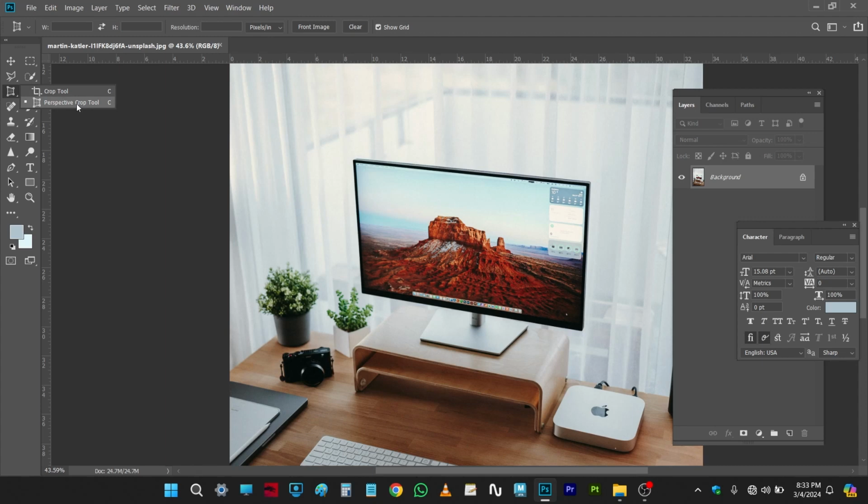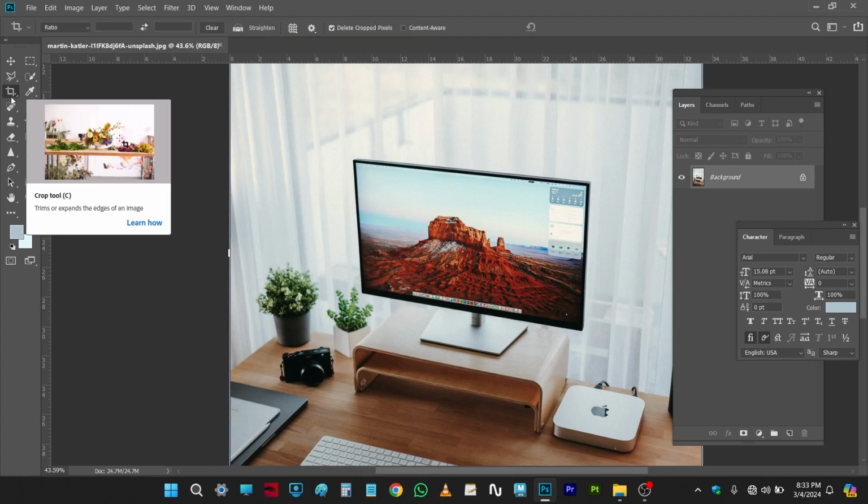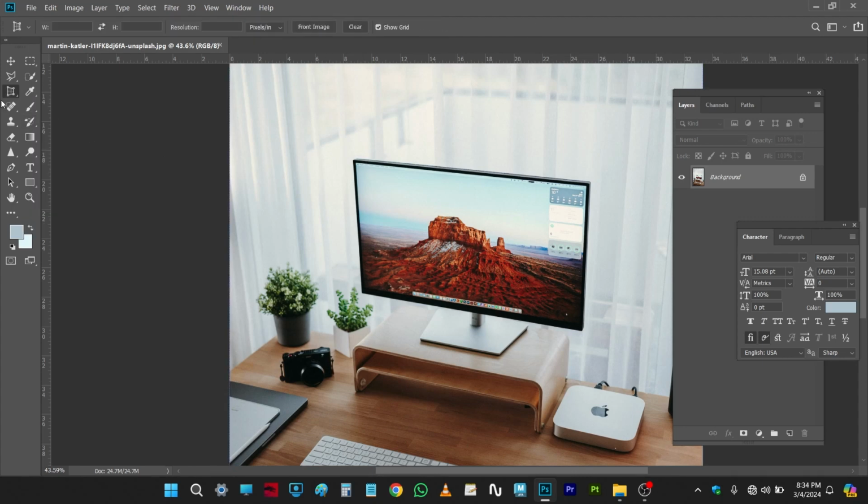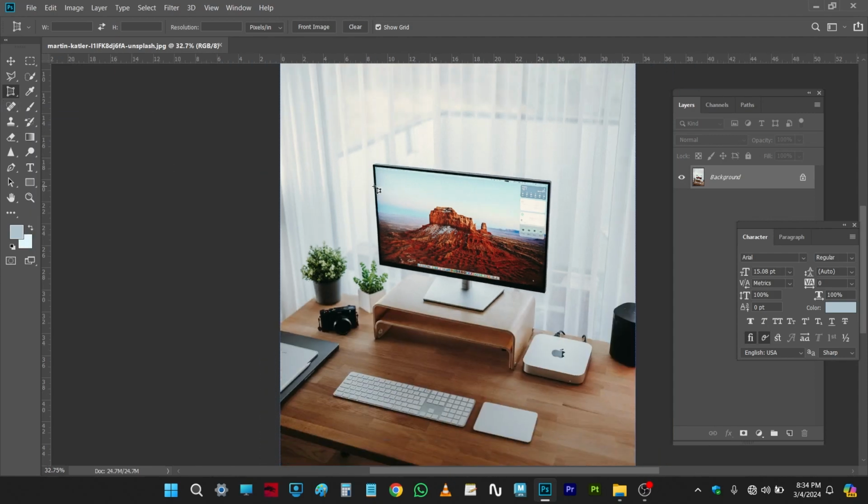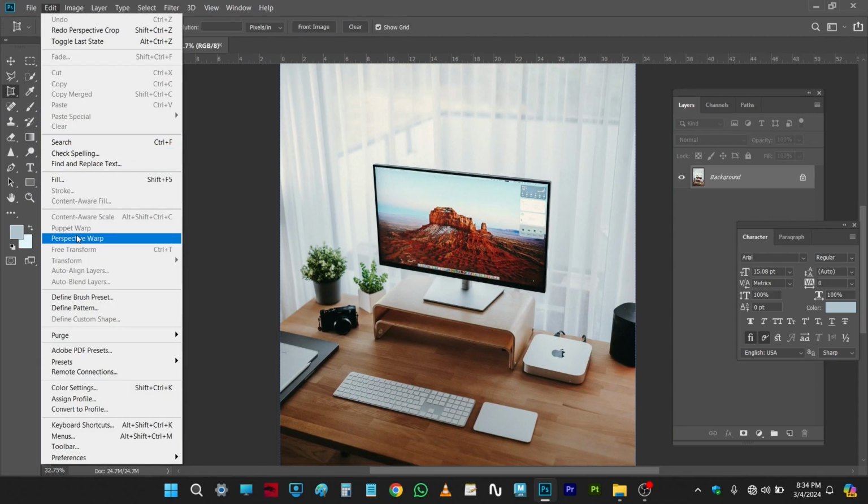So if you want to shift from this shortcut to the perspective crop tool shortcut, you are on the crop tool, so simply press shift and then move to the next tool. You can see pressing C, you're changing it. So now coming to the